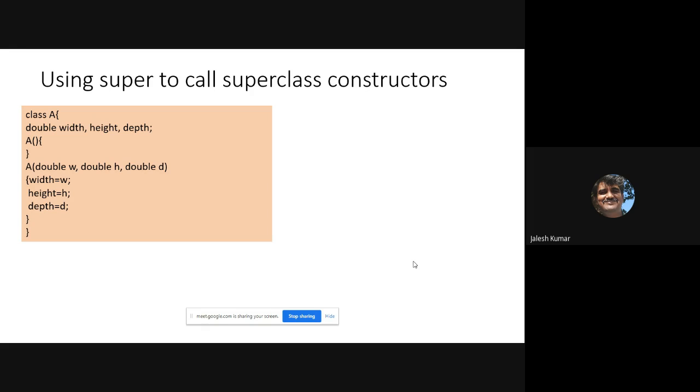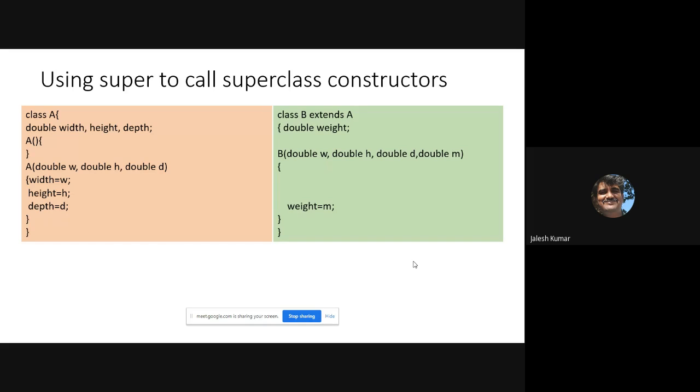And when you are doing inheritance, it will be like this: class B, which extends A, and let us consider we have one more separate variable, that is weight, inside class B. As B is inheriting A, the variables width, height, depth are also inherited. Along with that, B has its own variable, that is weight.